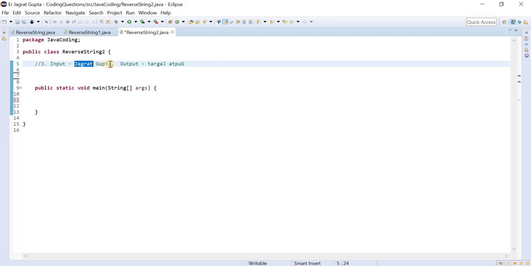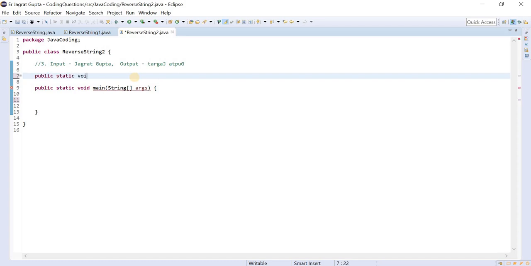The first step is, firstly we need to split the complete string with the help of this space so that we can get each and every word separately. And in the second step we will traverse the words one by one and we will immediately reverse at that place. So with the help of this way we can achieve this particular output. So let's start the implementation for this.